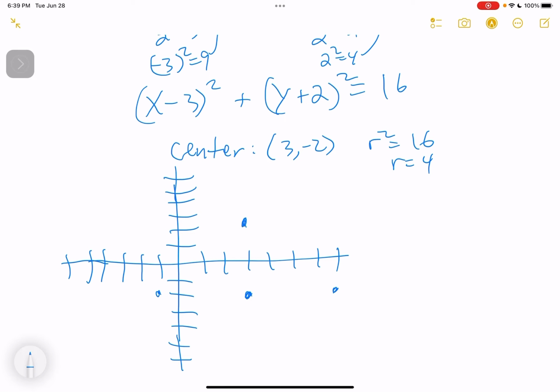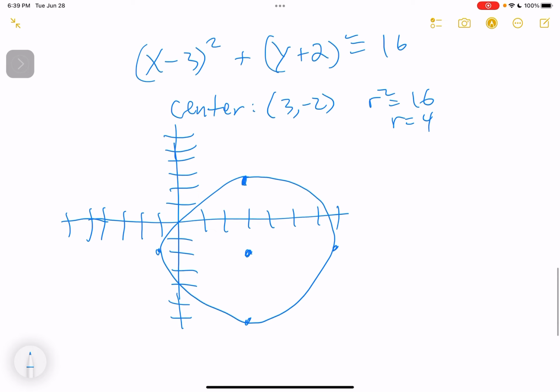Again, my spacing is not consistent. 1, 2, 3, 4. So it looks something like this. And then the last one, 53,